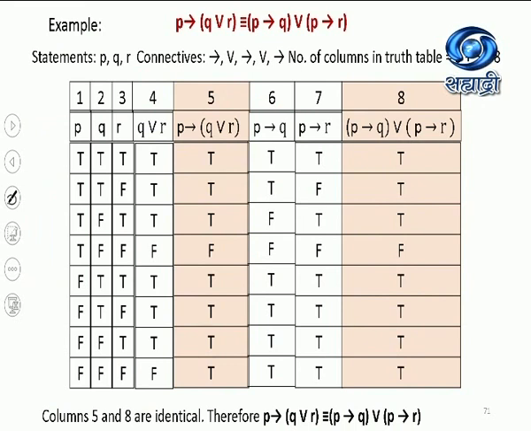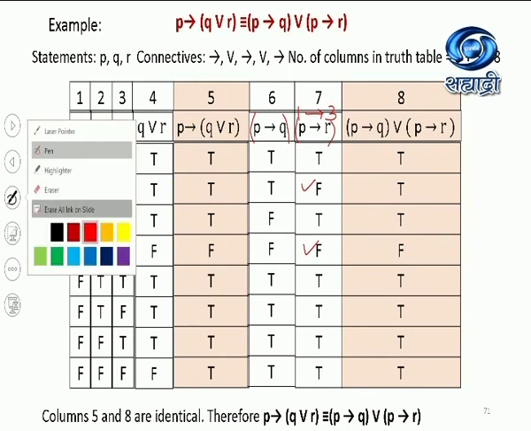P implies R means what? 1 implies 3. Where is my 1 implies 3? Here, this is T implies F. Here again T implies F. Nowhere else. You can see T implies F is F from column 1 and 3. All the rest of the entries in column 7 are T. You can see that. Now the entries for column 8. Column 8 is column 6 or column 7.